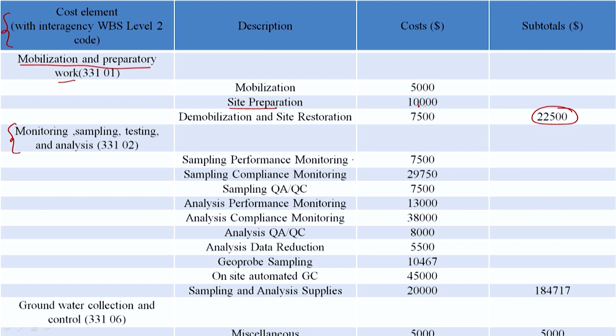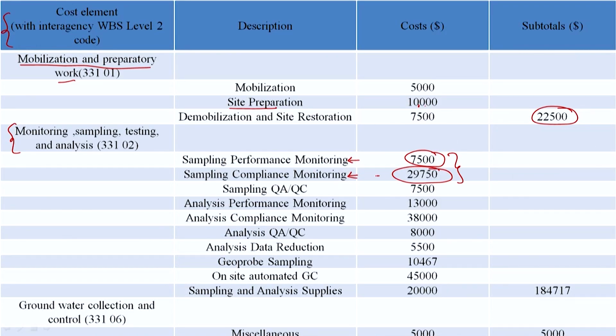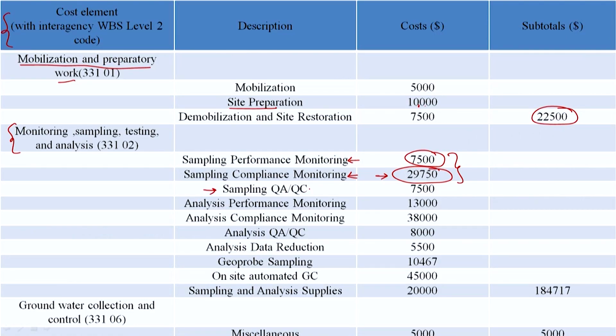So sampling performance monitoring, right, sampling compliance monitoring. So as you see, typically you are not going to just spend money on trying to get data. You will also spend considerable money, as you will see out here, especially in compliance monitoring, to be able to understand the quality required to maintain that particular data, as in sampling quality assurance and quality control, analysis quality assurance and quality control, and so on and such, right. And why is that? Obviously you need to have confidence in the data that you are generating, right?